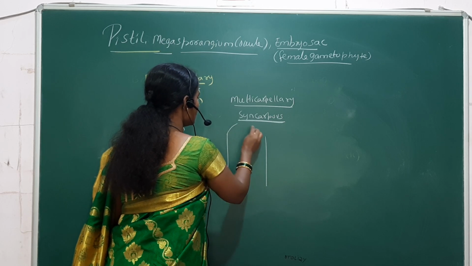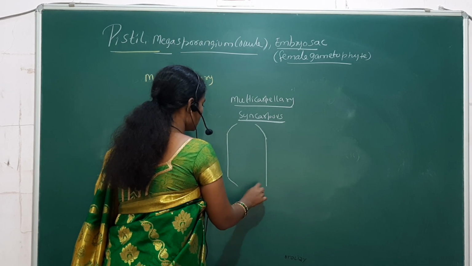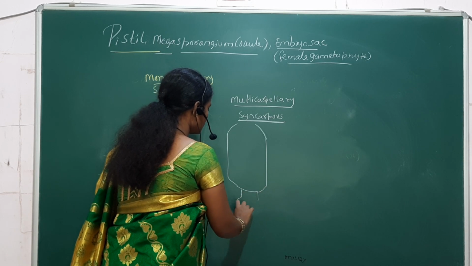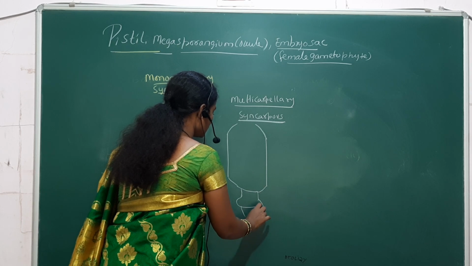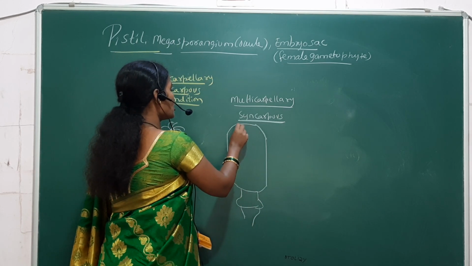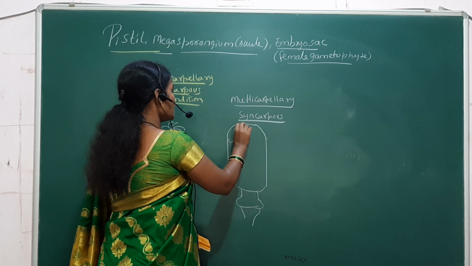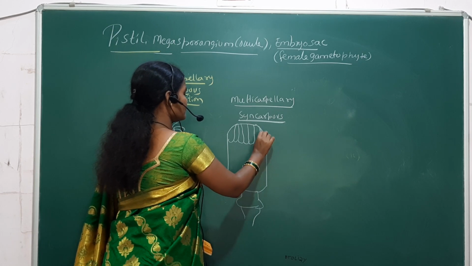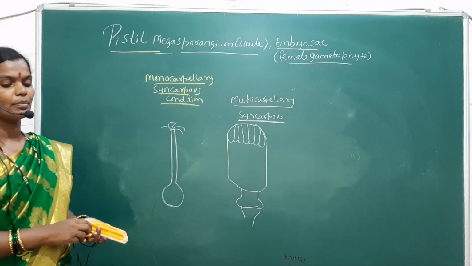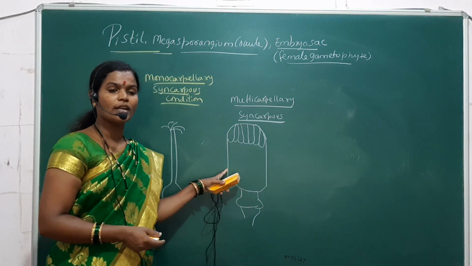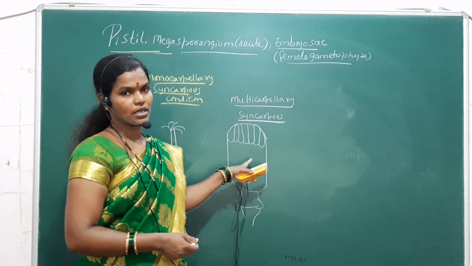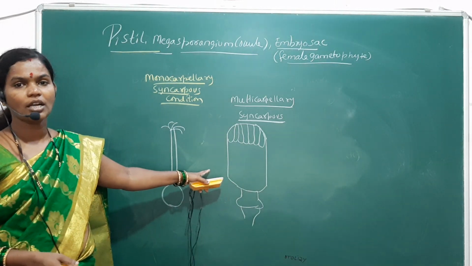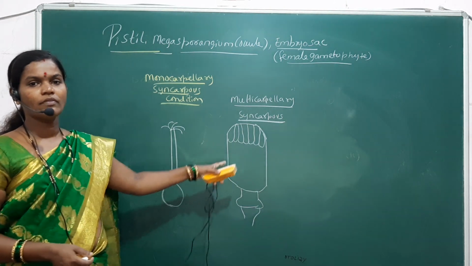You can see here there is a presence of so many carpels which are fused in nature. That is called the multicarpellary syncarpous condition. It is the monocarpellary syncarpous condition and it is the multicarpellary syncarpous condition, where we are going to see that